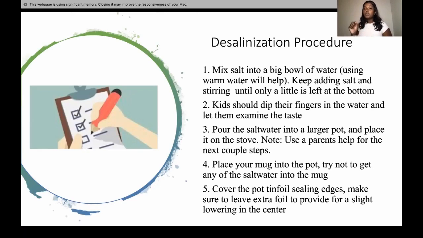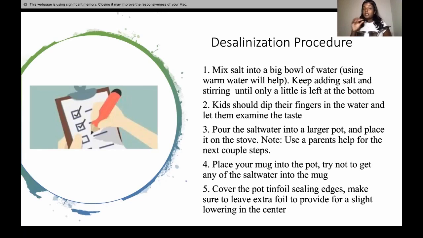Now that we've added the water, go ahead, dip your finger, take a taste, make sure it's clean water, clean bowl, and examine it. Now write down your observations of what you see of the salt water before we've done anything to it, okay? Now that you've got it, we're gonna take your salt water and we're going to just pour it into the larger pot. Make sure this pot can be boiled on the stove, okay? So this is what I'm gonna be using. You can add one more water, it's just all I had on hand at the moment.